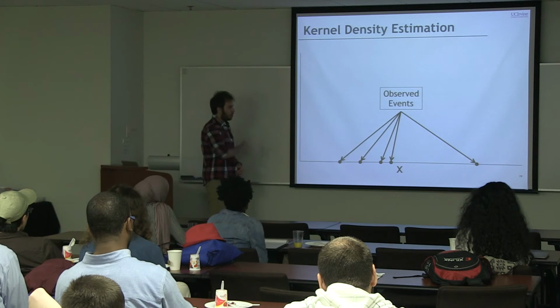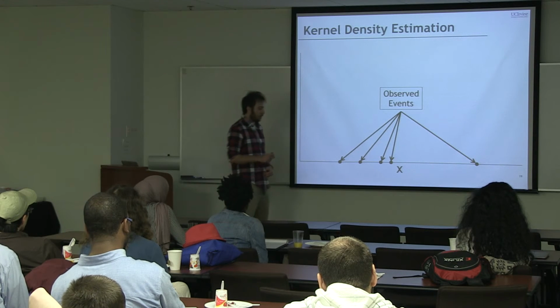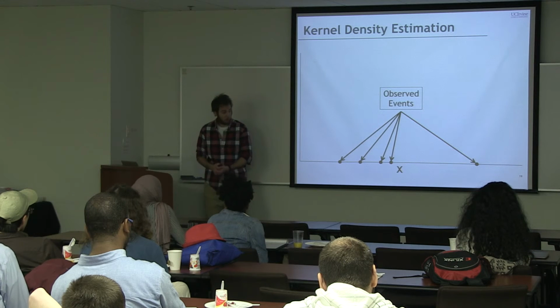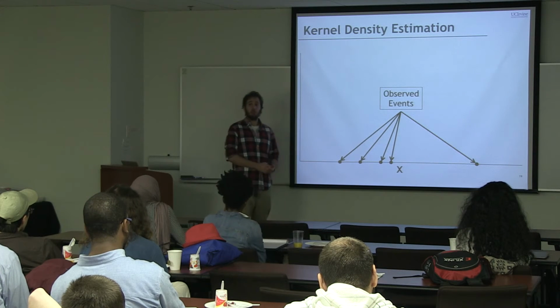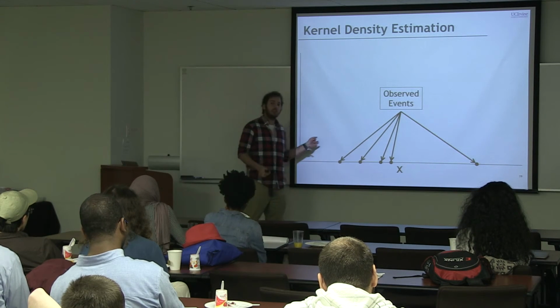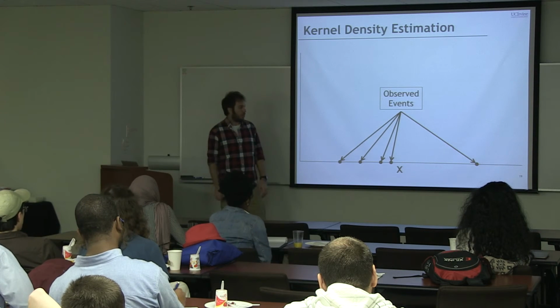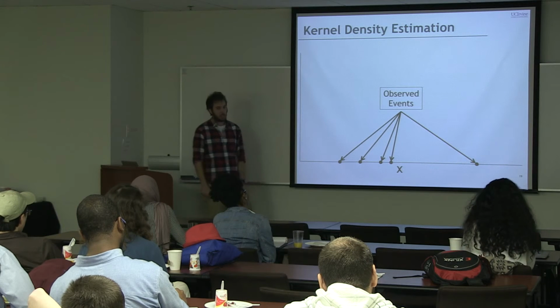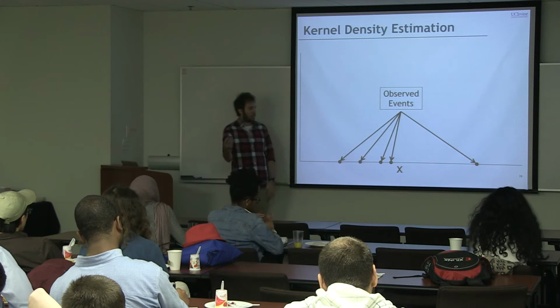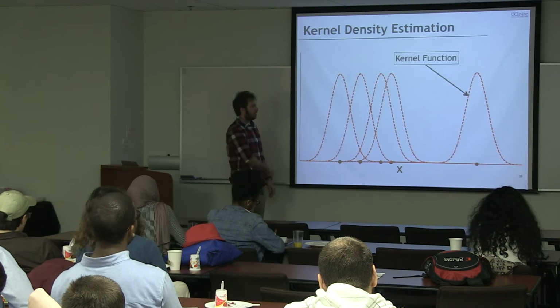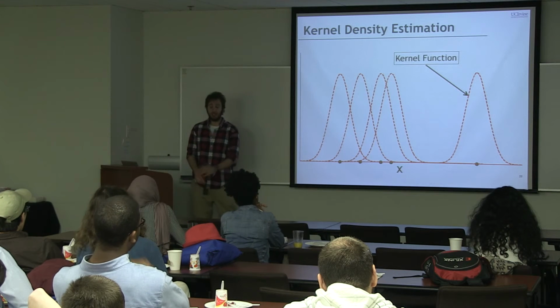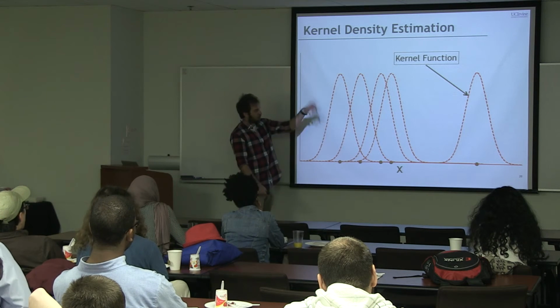Now, I'm not going to assume you know kernel density, so I'm just going to give you an example of what kernel density is. Assume that I live in a one-dimensional world. I can only go right or left. And this is my past data. You saw me in all these locations. And you want to say, okay, I've seen you in these locations, where are you going to be next? So this is July, where are you going to be in August? What kernel density does is put a kernel function, that's where the name comes from, which is this little red